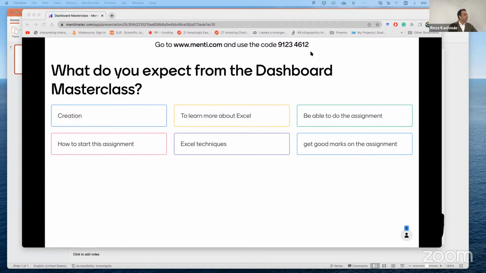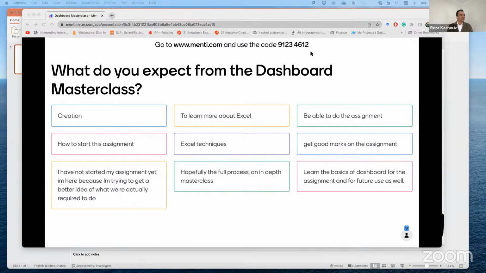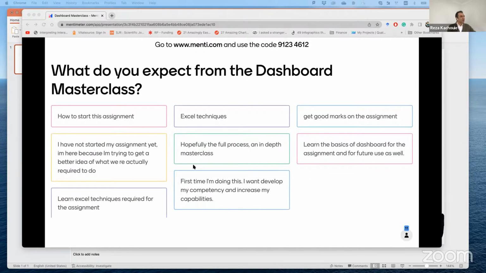So you want to learn more about Excel and be able to do the assignment. That's a good one. How to start the assignment. The deadline is very close and you should have done that before. Get good marks, definitely. So a few of them want to do better in your assignment.